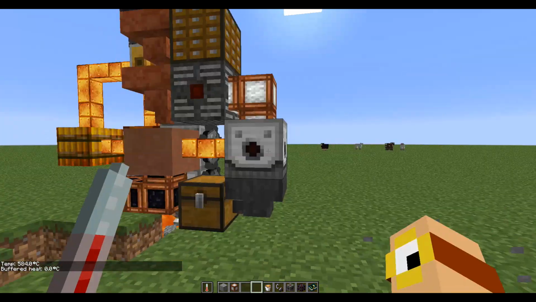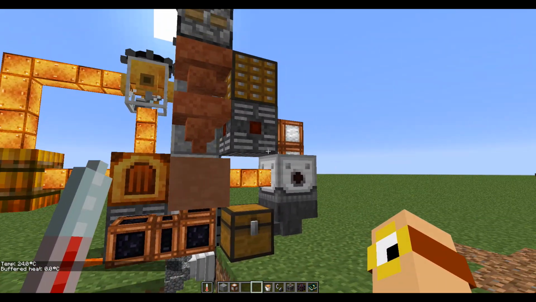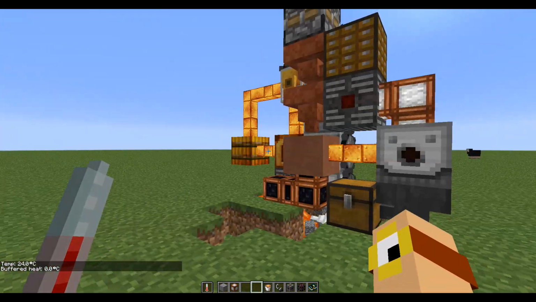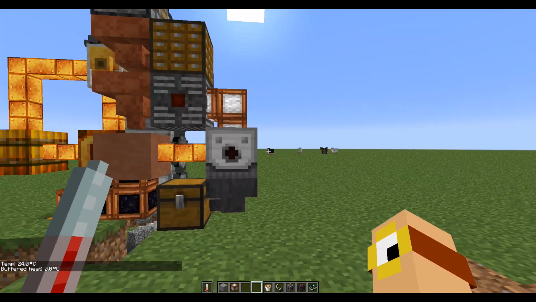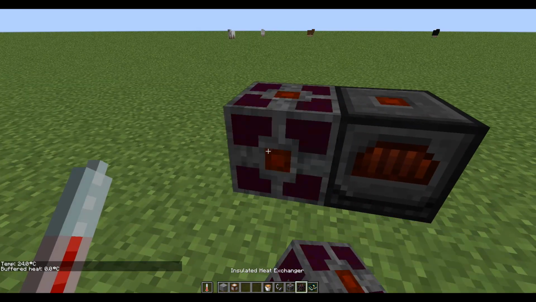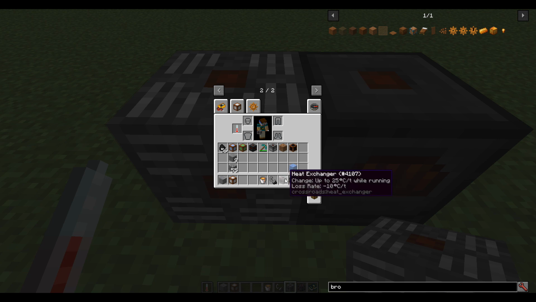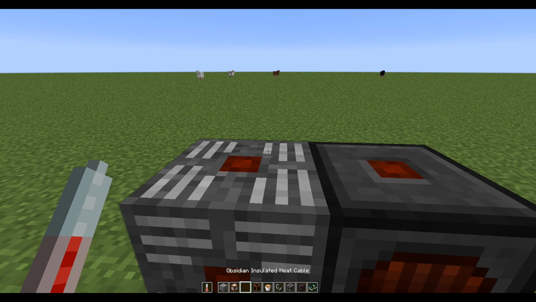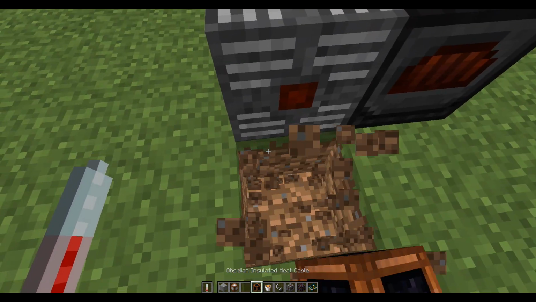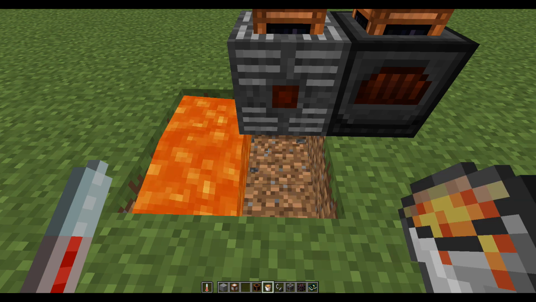Heat exchangers are very useful, and as you can see, this build has two normal ones, no insulated ones. We're slowly working towards explaining this build. Now, if I were to try and feed this thing with even just a normal heat exchanger, and if I were to place some lava under it, and just for now manually keep breaking this block,